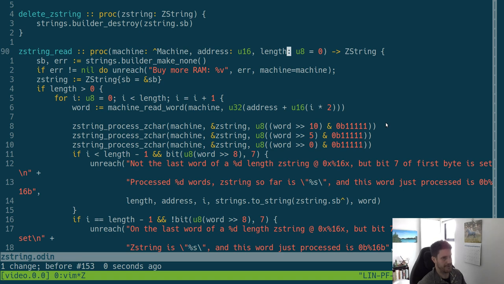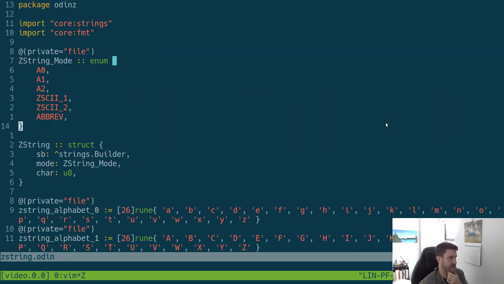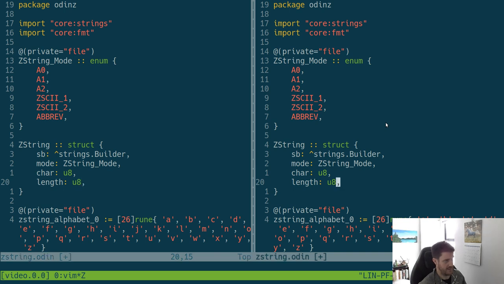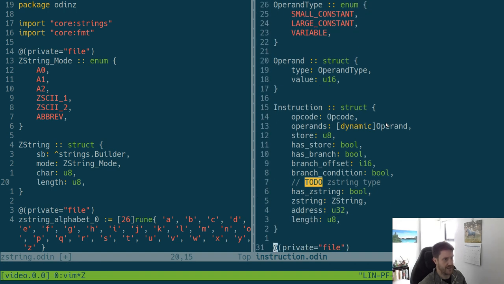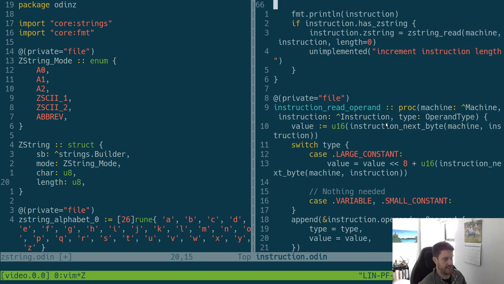It's not quite what I wanted. We'll just do... actually, no, it'd be easier. Having linked in here, and we'll call it a UA, and that kind of makes it symmetrical to how the instruction is. If I open the instruction again, this has a length parameter. So I guess here when we get the string,